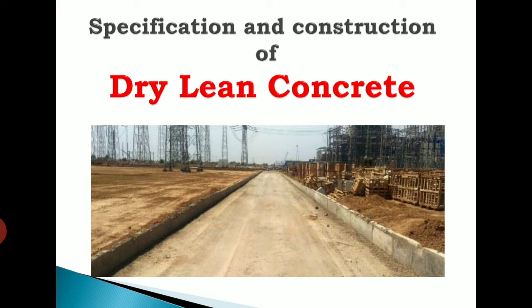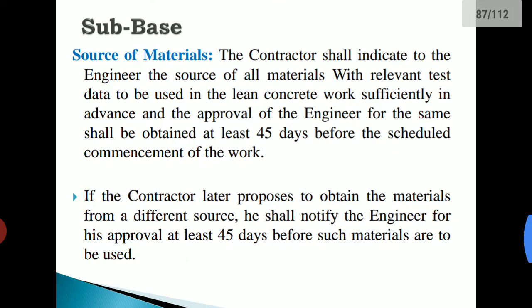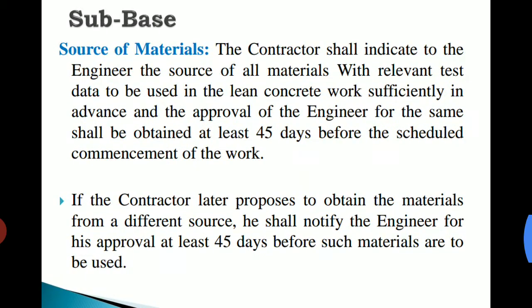So this DLC is generally manufactured with ordinary Portland cement, that is OPC 43, right? As per the Indian Road Congress, we need to refer to the SP49, which was published in 1998. Depending upon that specifications table, we can consider the materials required for this. And here first the sub base will be there. So in this sub base, the source of materials, right?